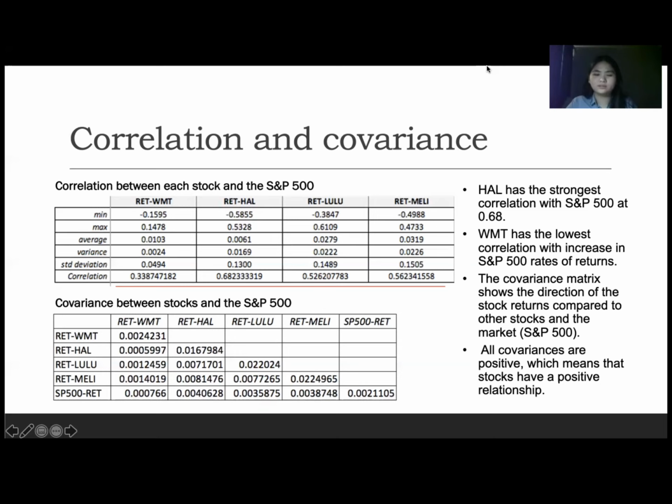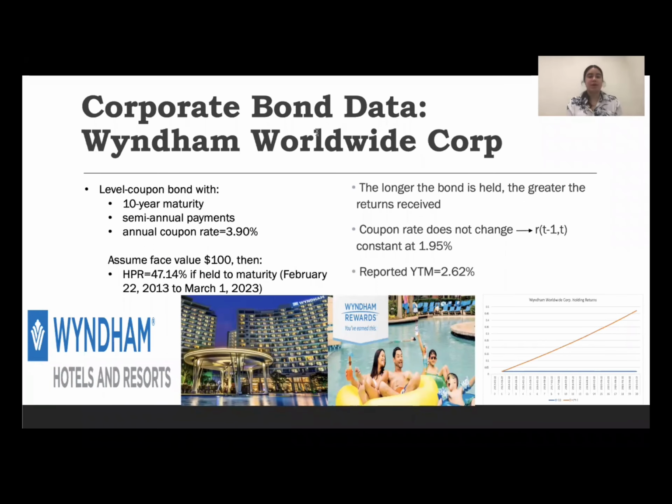So looking at Wyndham Worldwide Corp's bond, it is a level coupon bond with a 10-year maturity, semi-annual payments, and an annual coupon rate of 3.9%. Assuming the face value and the price of the bond is at par, $100, the holding period return for the bond is 47.14% if the bond is held from the effective date of February 22nd, 2013 to the maturity, which